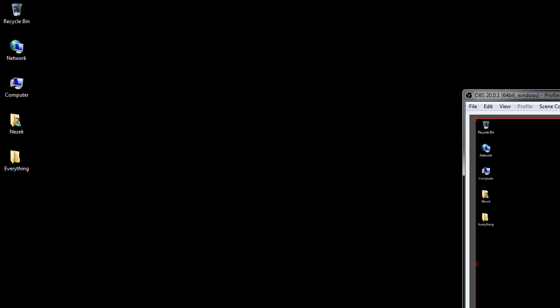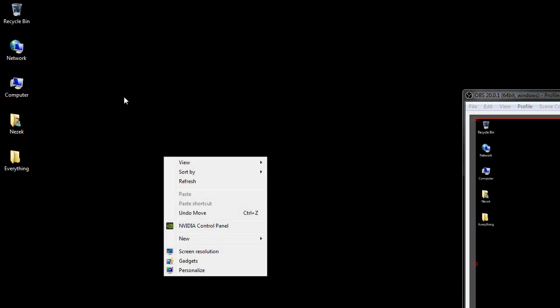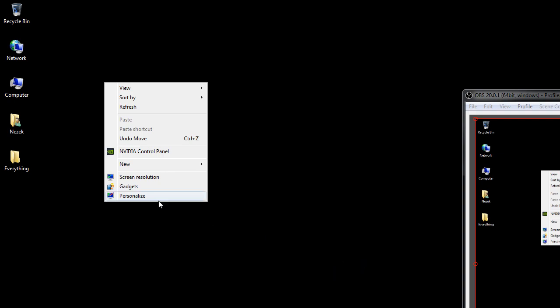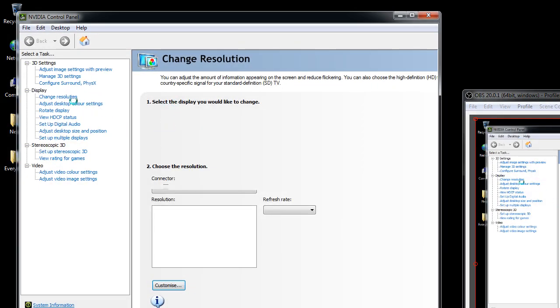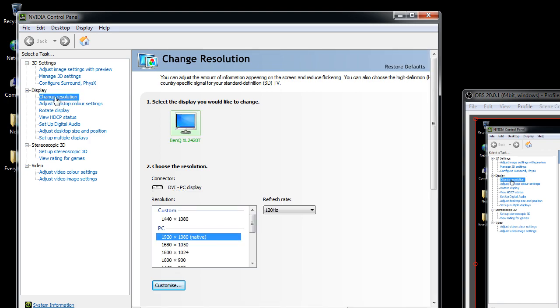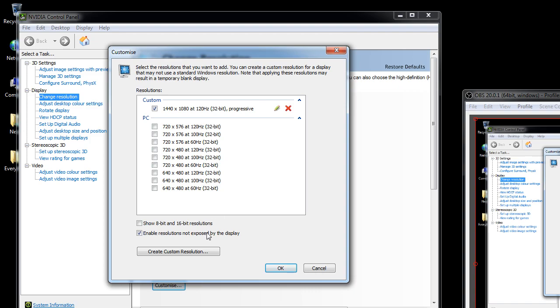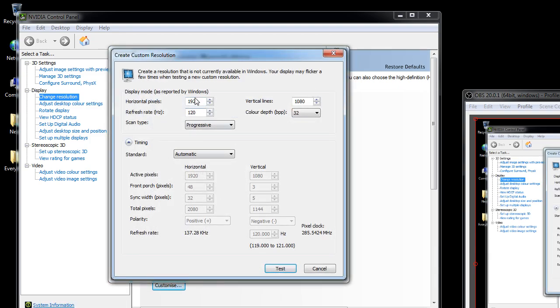And we're going to go to my desktop. So I'm using a GTX graphics card, NVIDIA. So I load up my NVIDIA control panel, and I'll go to change resolution under display, and you press customize, and you can create a custom resolution. When you do that, you'll be able to select what you want. So I have 1440 by 1080,